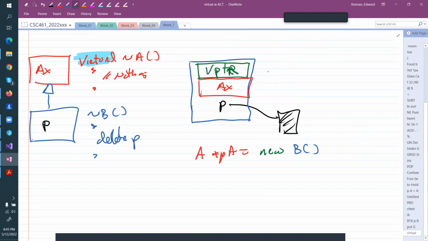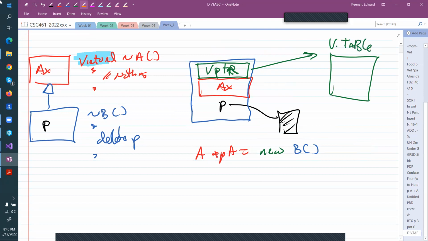And this V table points to a table. This is a virtual table. Right. And what we get from there is the list of functions that are virtual. So in here, it'll be the destructor, right? A. And this is going to be mapped to the destructor of B. Okay. So what happens now is when we go delete